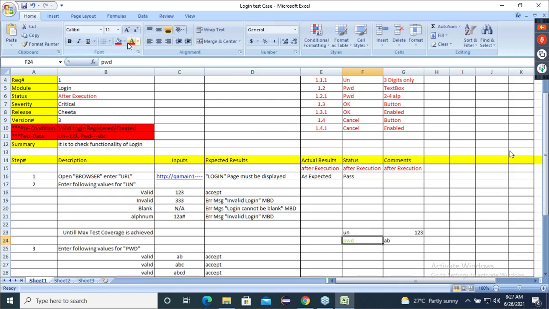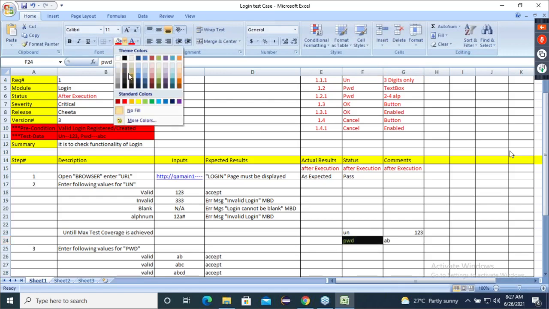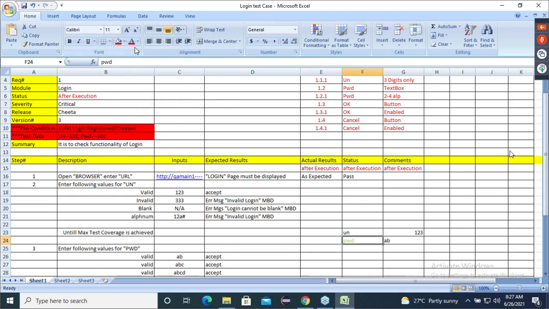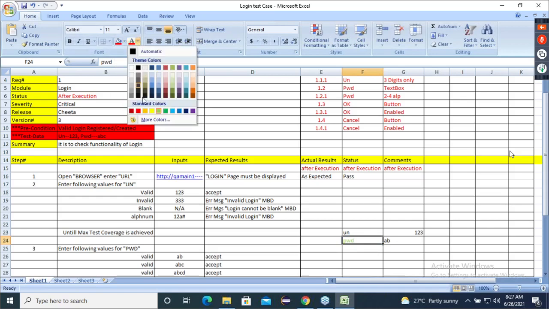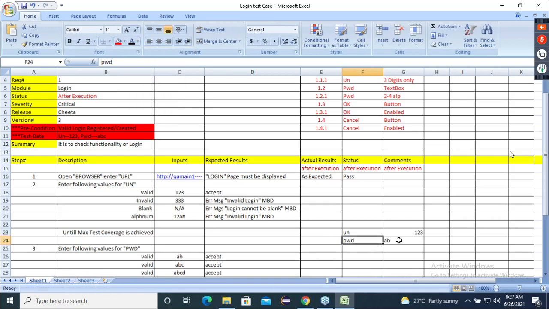Yes or no? Because he's testing according to the requirement. Correct. Whatever the requirement says, he's doing that. He enters the username as 123 and the password as AB, and he will click on the OK button. Now once you enter 123 and AB and click on OK, what is the expected result?